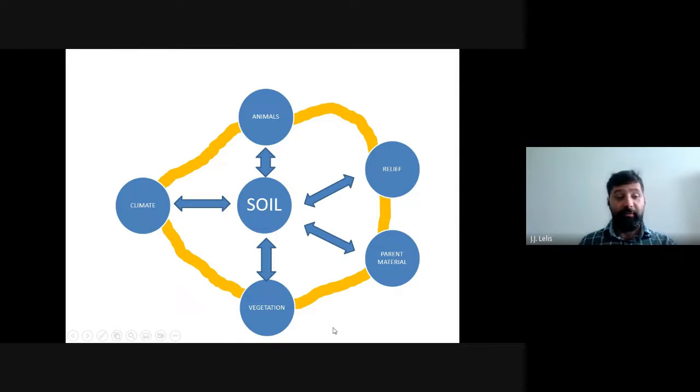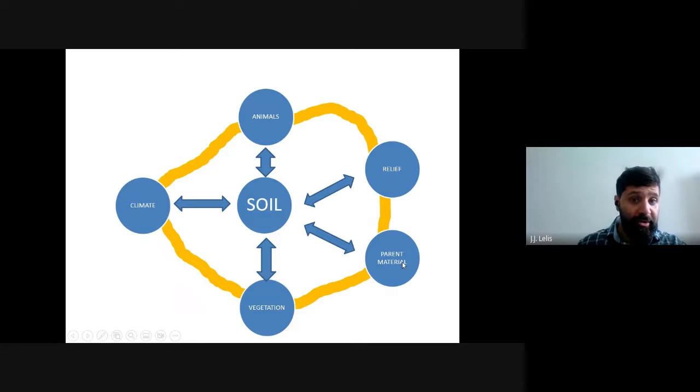So let's start our class today, okay? And today we have to discuss soil formation and how some soil formation factors are affected when we change the soil properties from a modern soil to a paleosol. Okay, I believe that everybody here knows the thesis that soil is formed by the interaction between soil